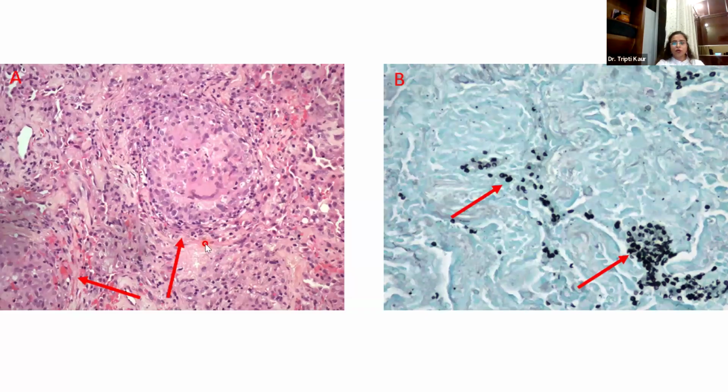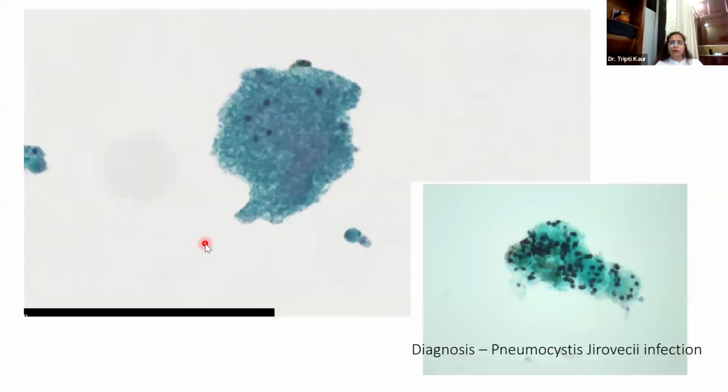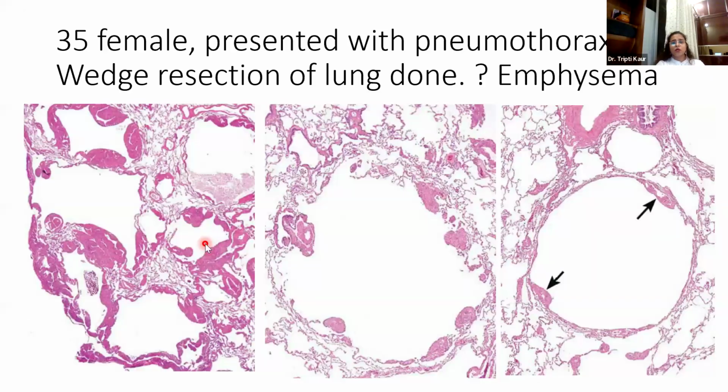So sometimes these patients can also present with granulomatous inflammation, and in these cases you need to think about dual pathology rather than a single pathology first, because these patients are immunosuppressed. What if they are having both TB and pneumocystis together? So always write that you need a ZN stain also, you need a TB PCR also to rule out dual pathology. This is how the cytology smears of pneumocystis look, very frothy cotton ball kind of appearance, and the background cells will all be benign, and the GMS stain will show you fungal organisms, fungal spores. Okay.